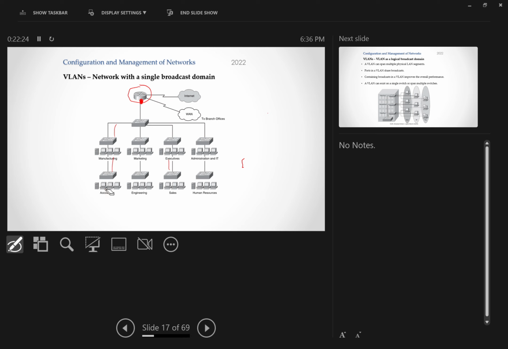For example, in this case, this can't be the gateway. The gateway has to be here. So I can have one VLAN here, for example, and this interface is still on this VLAN, and it's the gateway for this one, and I can have one here, another VLAN here, and another VLAN here. What's the difference? Same scenario. If I'm trying to resolve my gateway, which is now this device here,